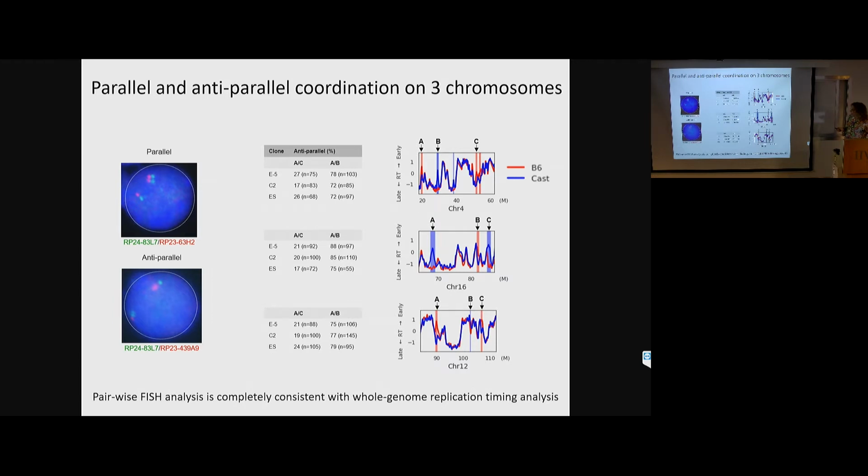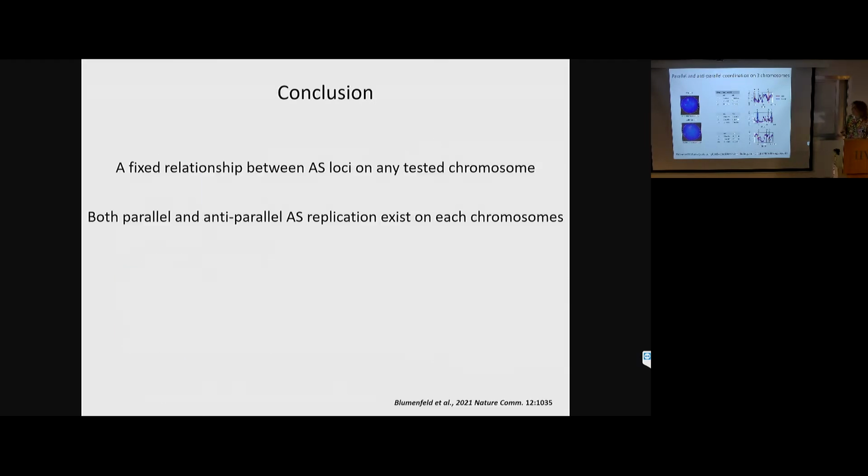A and C are parallel, both are red. So how much anti-parallel coordination do we find? About 27, 17, 26, and so on. So yes, there is a fixed program. There is a fixed relationship between asynchronous replication and any tested chromosome, and both